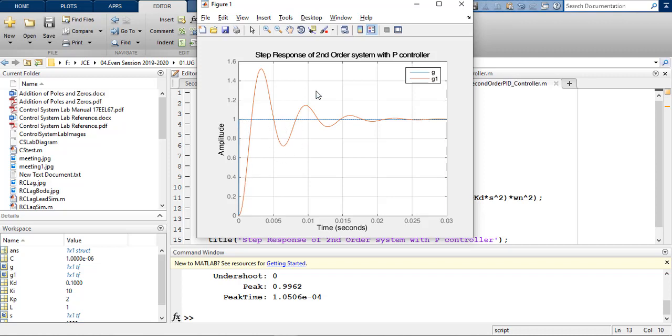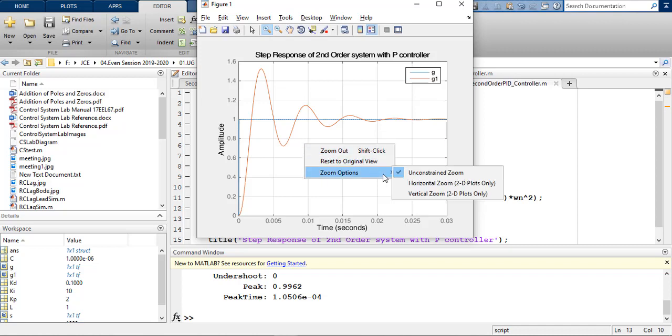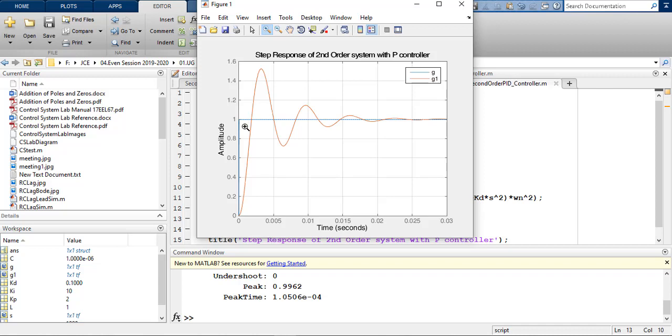Okay, for the G1 without the controller, it is much more slow. Okay, using the PID controller, it is much faster. You can zoom in and see the expression. You right click on it and you take horizontal zoom and you zoom in within this section.